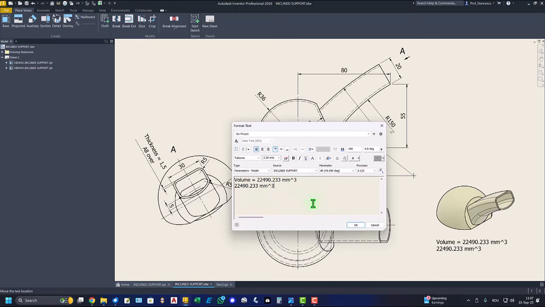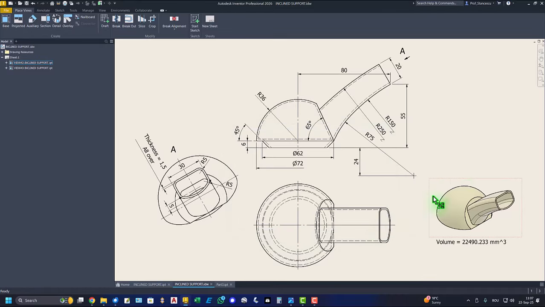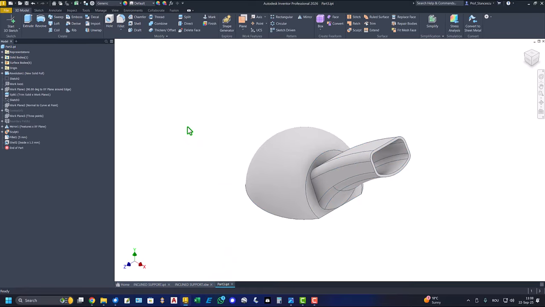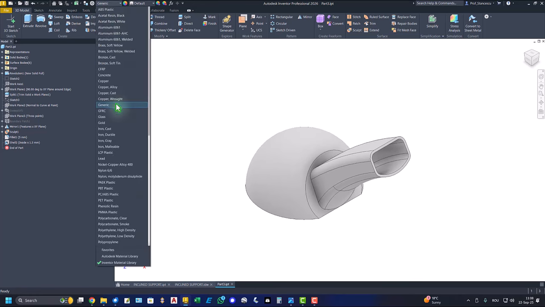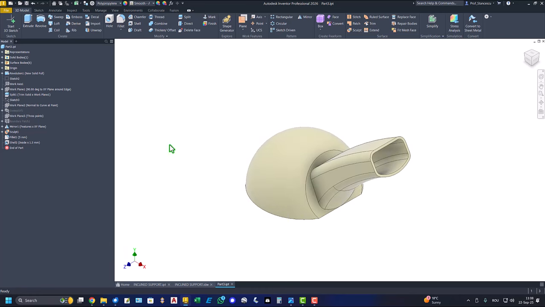We don't change anything here. Cancel. Material. The material is polypropylene, you see, and